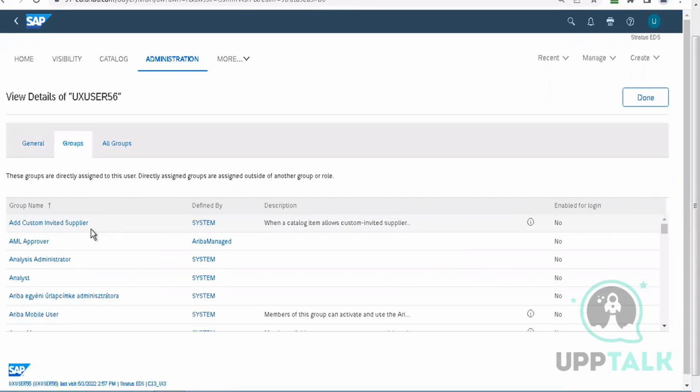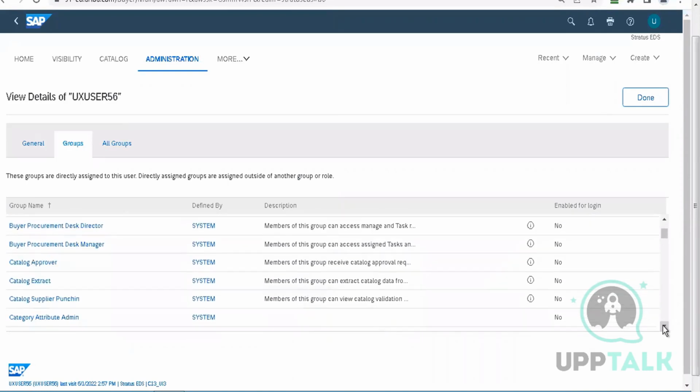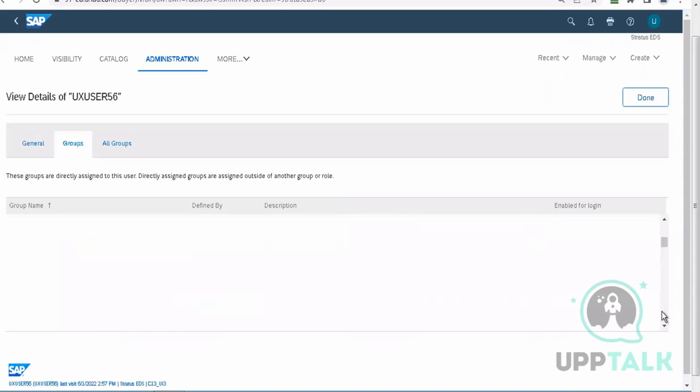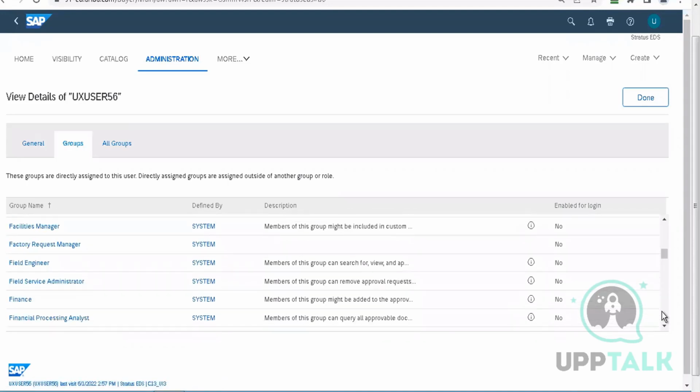So these are the groups. Groups are nothing but the roles. Okay. So now you can see this. These are written also here. So for example, if I scroll it down, I have a lot of roles in here. That's why I'm able to see a lot of things in the system. If I go here,